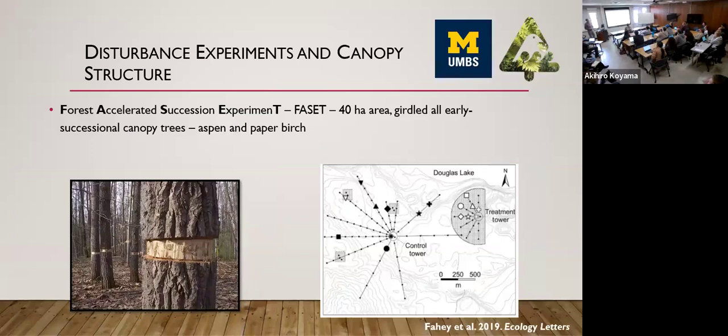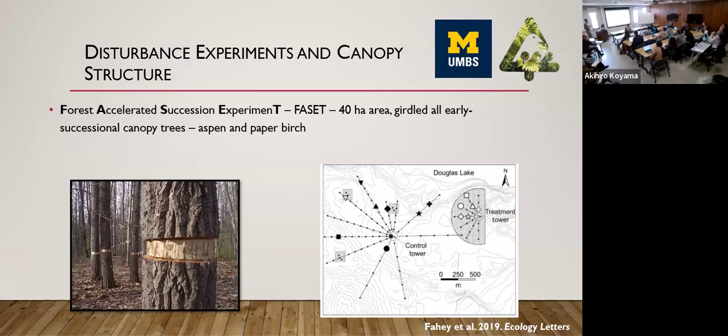Here, closer to home here at the University of Michigan's biological station, we have several different experiments that we've been working on. One is called the Forest Accelerated Succession Experiment, or FASET. I didn't come up with that name, but I like how they use the T from the end of the word. It's very creative. This is a study that was initiated by Chris Gough and some other people at UMBS,